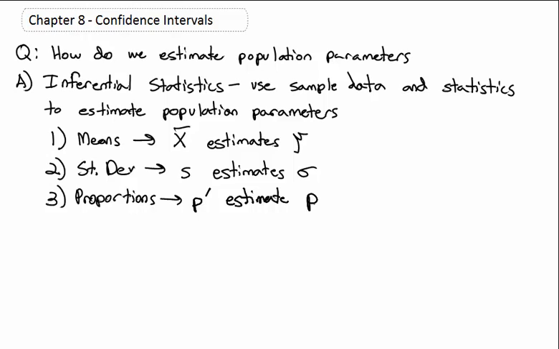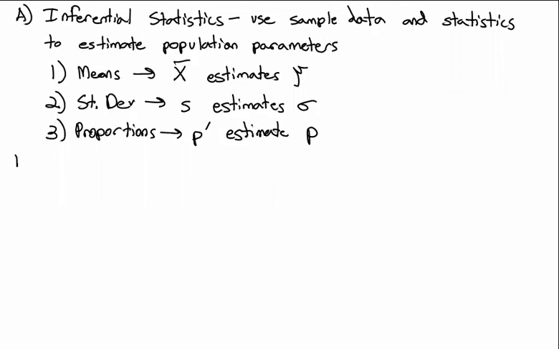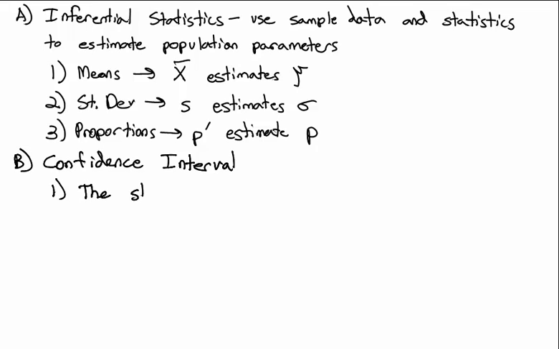Now, granted, we're not going to be able to get a mean, a standard deviation, or a proportion that's exactly like the population. It should be pretty darn close, but probably not going to be exactly correct. And so instead of estimating, hey, the value is actually equal to this, what we're going to do is give a confidence interval. In other words, we're saying the statistic is probably